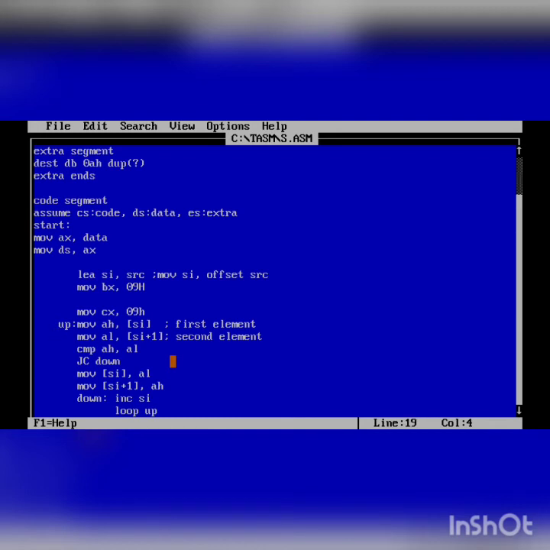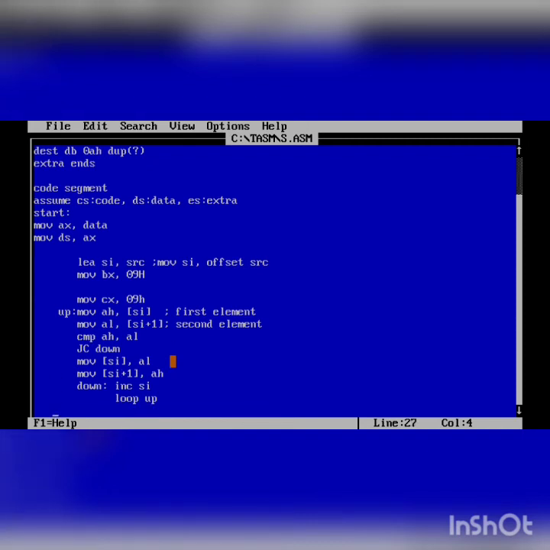Now the second element will be here, second plus 1, the third element will be here. Comparison: if carry generated, no swapping. If not generated, swapping will be there. And again loop up will decrement the counter by 1 and start with the next comparison.